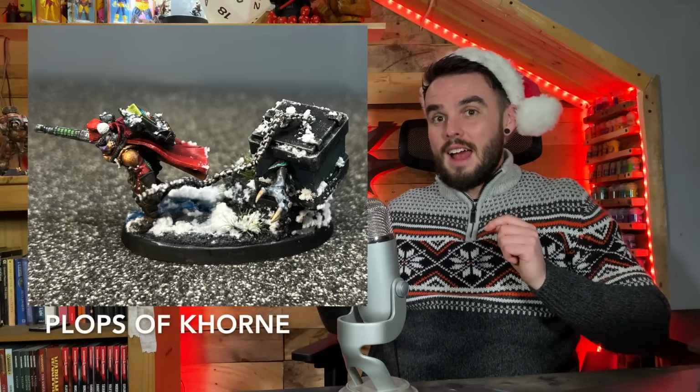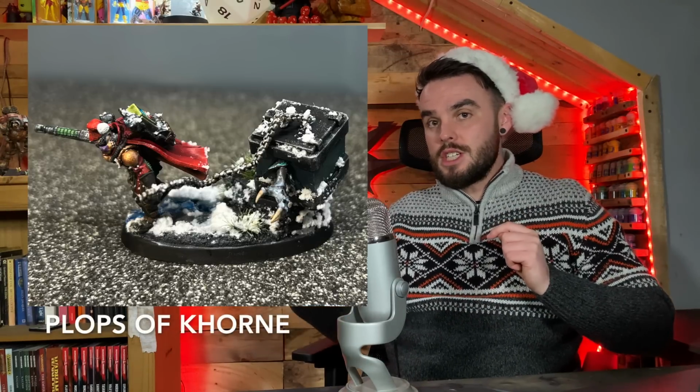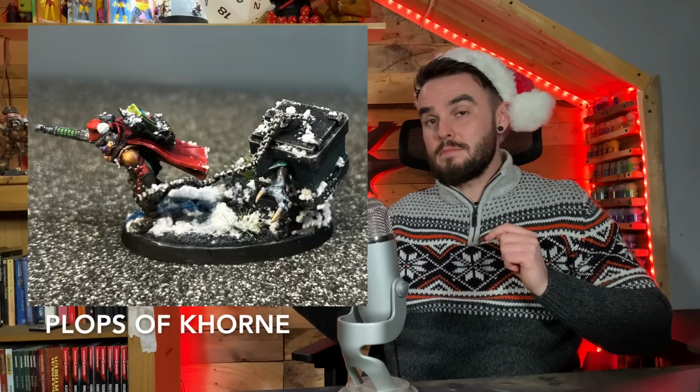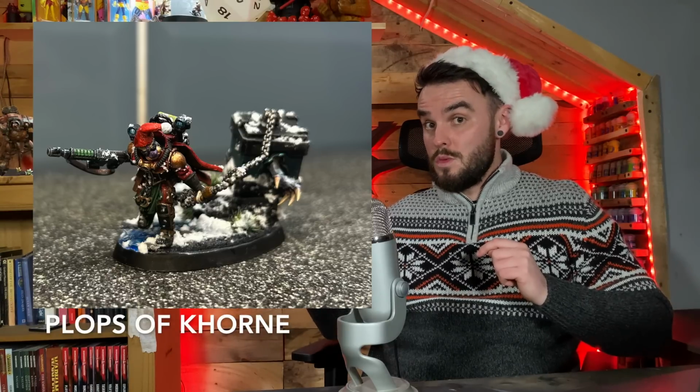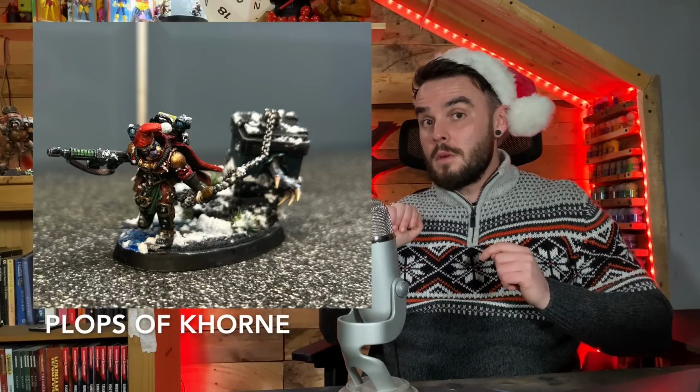You deserve it. And second is Plops of Corn. Plops of Corn has made this lovely Gene Stealer delivering this present at speed. I'd be delivering that present at speed too. It's obviously going to ruin someone in the Imperium's Christmas, but it is a very nice model. Great job. And finally, third